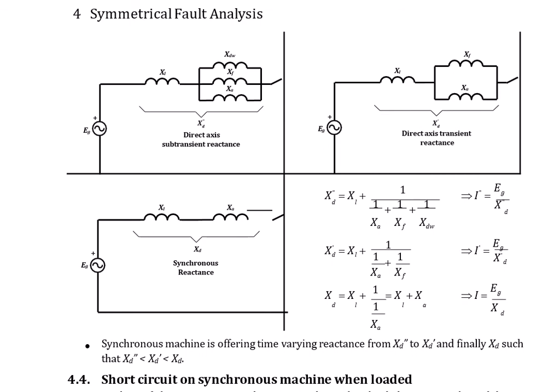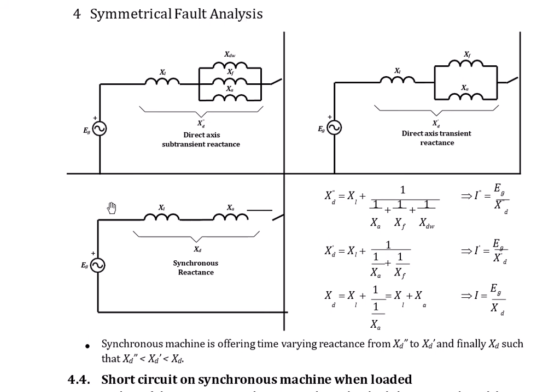So when current is higher, it means that our reactance is lower, and when our current starts to decrease, it means that our reactance is building. Our reactance will start to increase. So we divide it into three stages. First is the sub transient portion, then transient, and then steady state. So what will happen